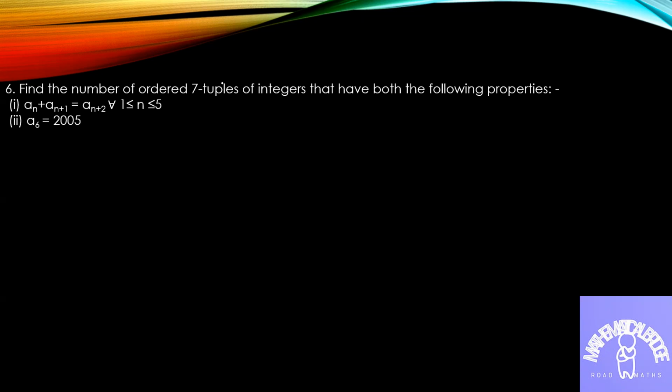Now a very common method that I will use in this question, this type of questions are generally solved with this method. See, the value of one variable is already given. Now we can use the previous recursive relation. So a6 can be written as a5 plus a4. Now a5 can be written as a4 plus a3, and a4 can be written as a4 only.